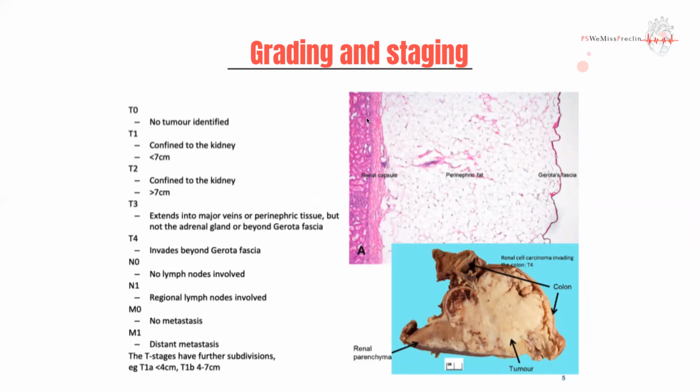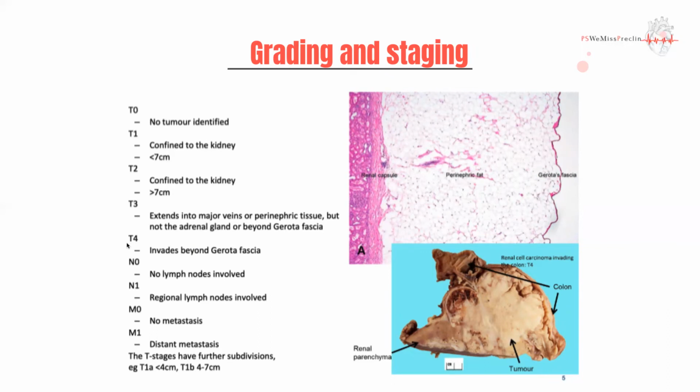So if you look at this diagram, you have renal tissue here. You then have the renal capsule. You have the perinephric fat, peri meaning adjacent to, nephric meaning kidney. So you have the fat that surrounds the kidney, and above that you have the Gerota fascia. Now the Gerota fascia is a really important wall that prevents that metastatic spread. If you have invasion beyond the Gerota fascia, that's usually a relatively bad indicator for prognosis, and that would constitute